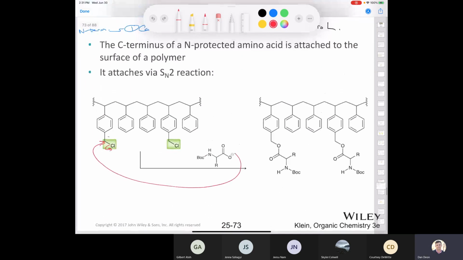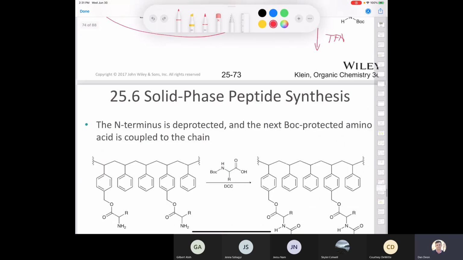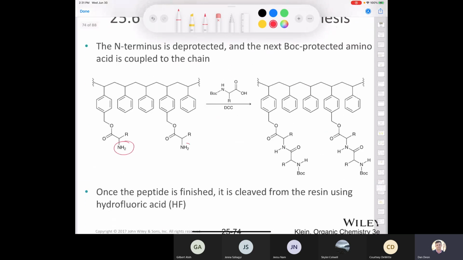Look, what you would do in the next step, it doesn't have it written here. I don't know why, but you would treat it with TFA. That would remove both of the BOC groups, right? So then you'd end up with this molecule right here where you have the free amine sticking off the end. Then you'd react it with the next BOC protected carboxylic acid and DCC, and you make a beautiful new peptide bond. You've got your BOC group. What would you do? Treat it with TFA. Then go grab another BOC protected amino acid, and you keep on going and going until